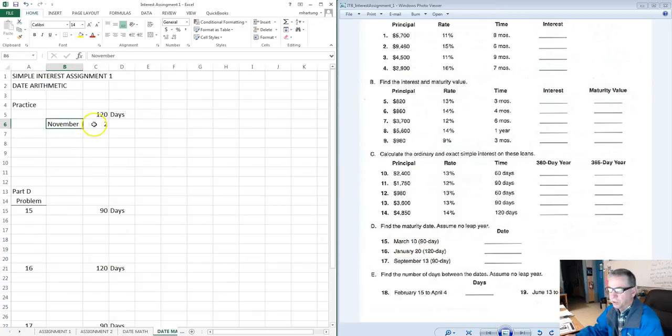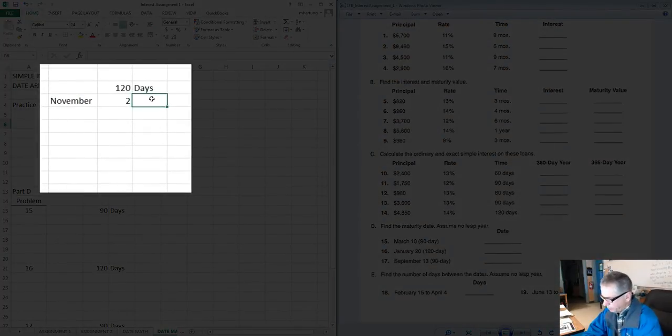So let's do a practice one. So here we are in November, and let's assume that it's November 2nd. And we want to know what is the date 120 days from this date. 120 days. So here's what we can do. First of all, let's calculate how many days are remaining in November. And so the way I would approach this is just type an equal sign, and you need to know how many days there are in November. There are 30 minus 2. So there's 28 days remaining in November,